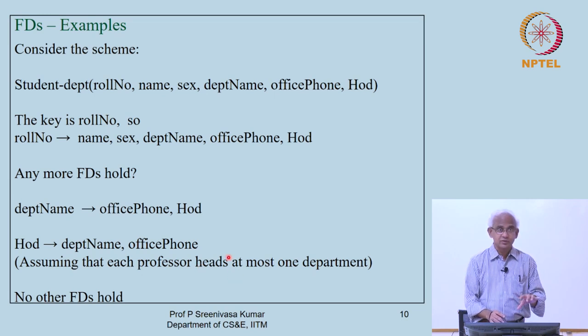So, again it brings to focus the fact that these functional dependencies are actually knowledge about the domain that you are modeling. They don't come from thin air, and particularly they cannot be inferred by just looking at data. You have to look at the model. You have to look at the domain. Okay.